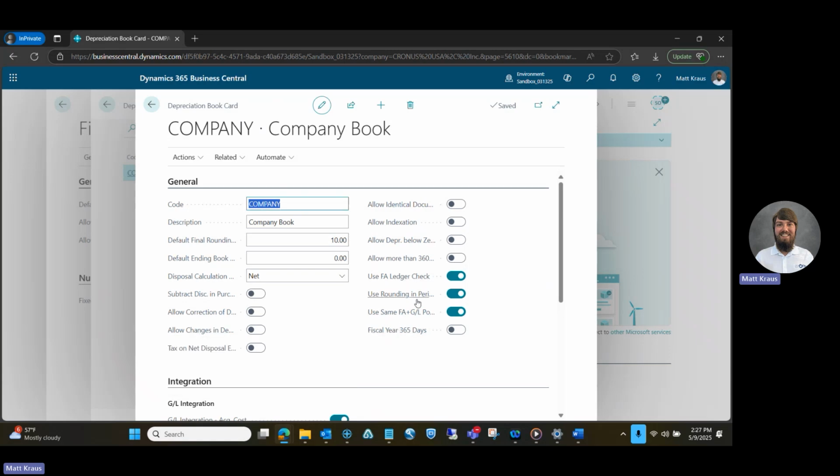And you can change these at any time by going back to this depreciation book card, but it's definitely something you want to look through and set up first prior to doing any fixed asset posting in Business Central. So allowing identical documents. There are some of these that might be more useful than others, but it's definitely something you want to make sure you go through methodically and make sure each change is something you would want in